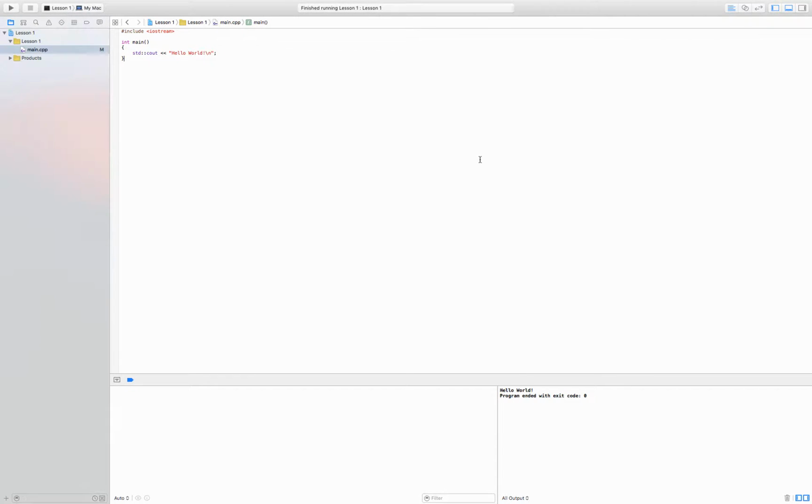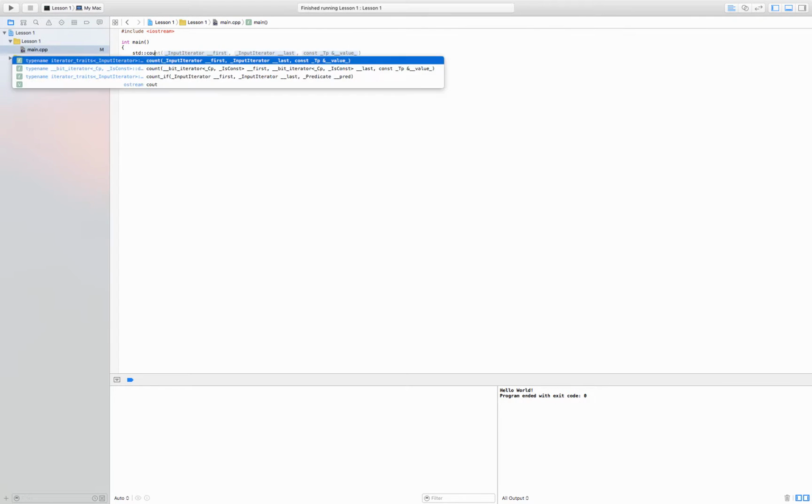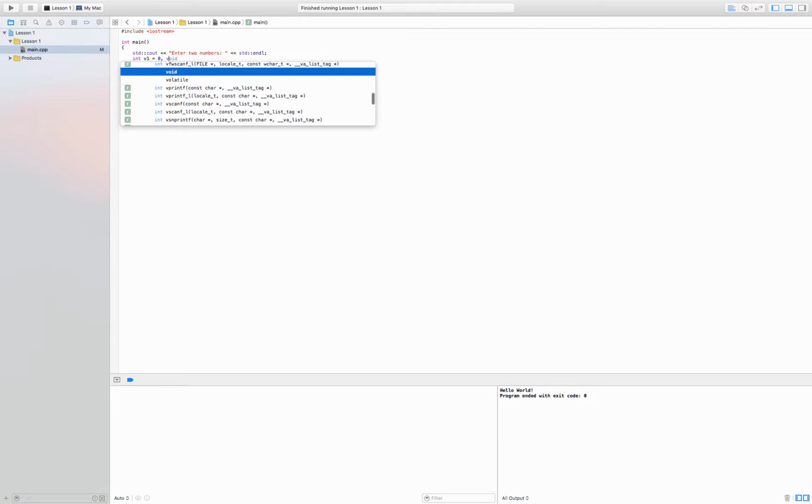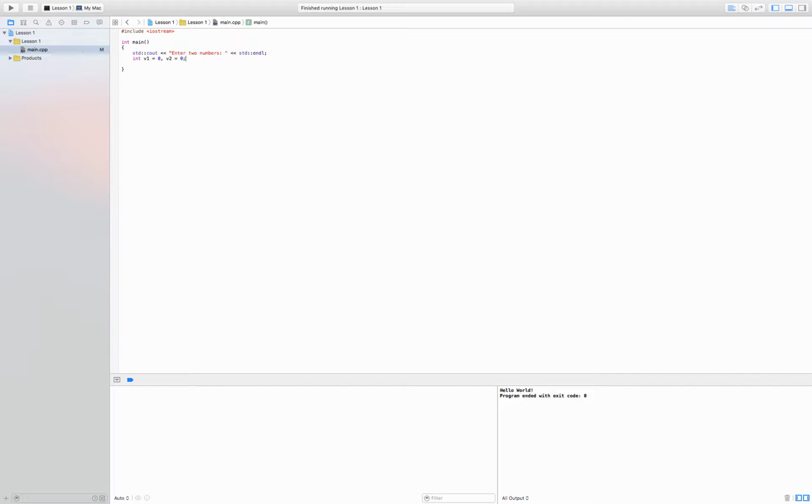We've got iostream already in there, so we're going to delete that, and we're going to say std::cout << "Enter two numbers" << std::endl; and then int v1 = 0, v2 = 0;